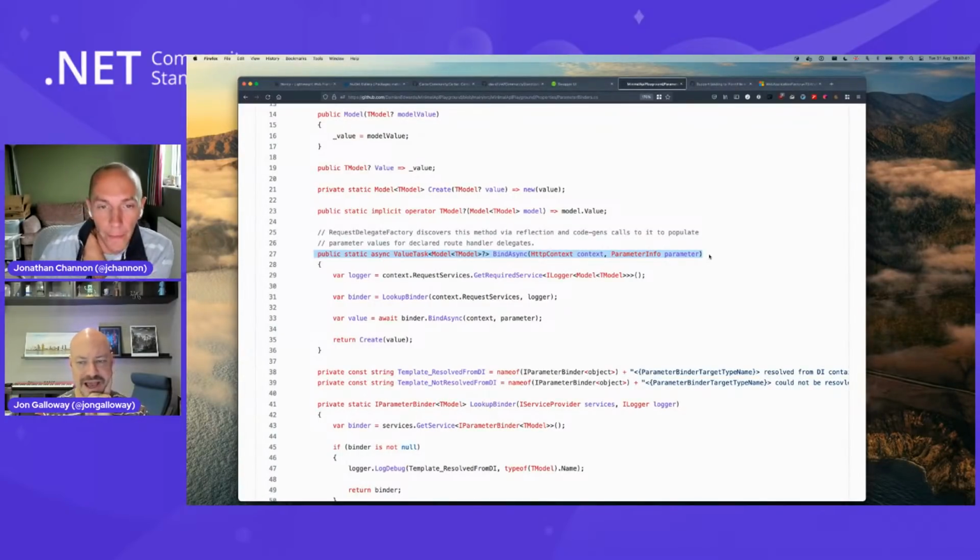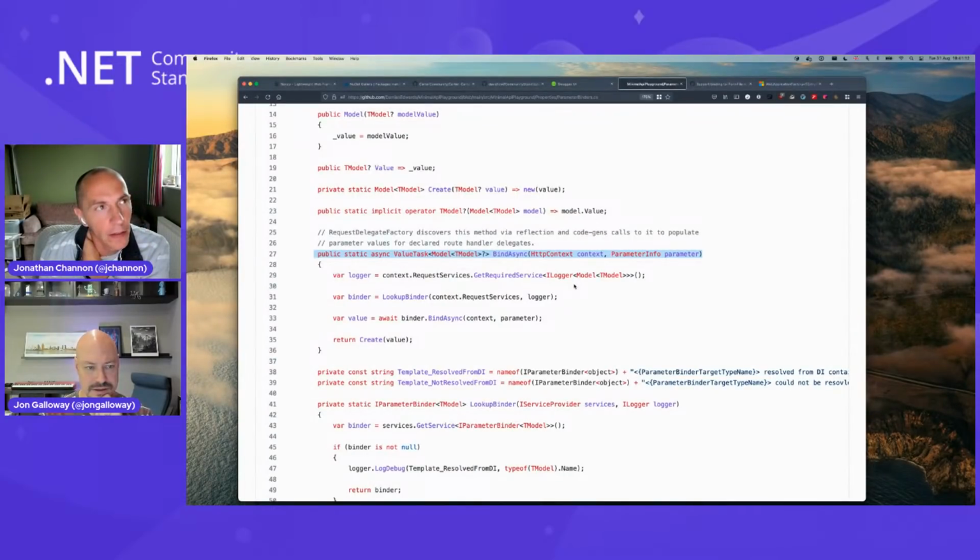Got it. Yeah, I think that's going to be a really interesting thing to see over time, because with minimal APIs they're definitely trying to remove the ceremony and focus on the cases that most of the time people are doing. But then the trick with those sorts of changes is you need to make it not impossible to change if needed, right? Exactly. I'll show an example in a moment, but I don't mind it for the moment.